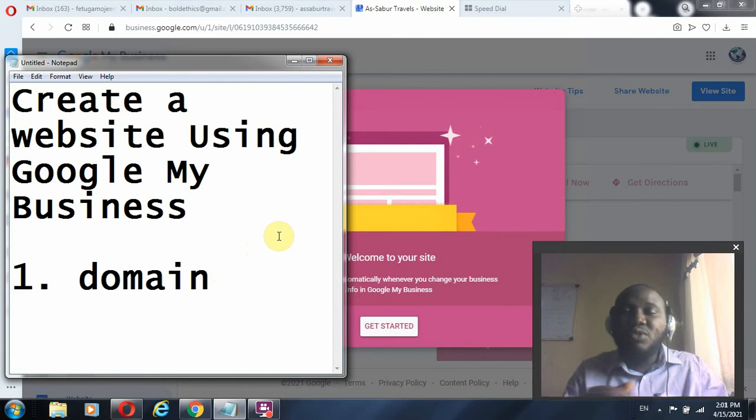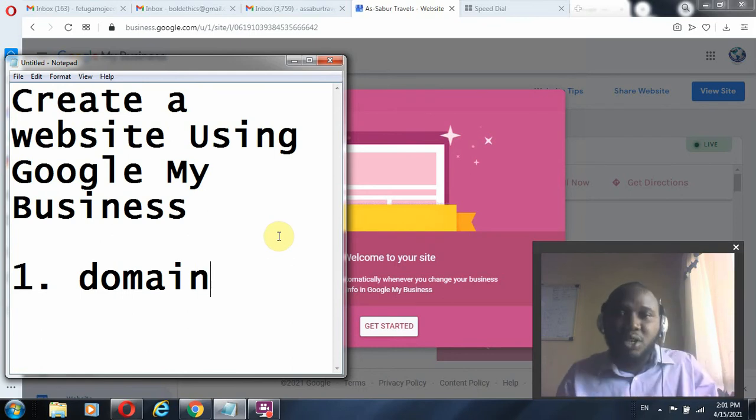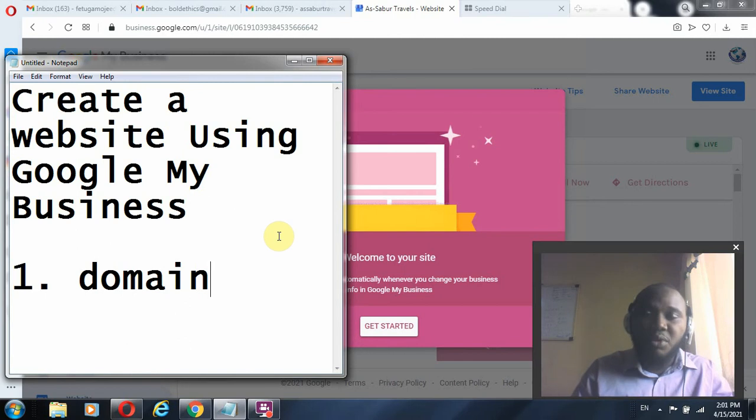In this case, even if you don't have a domain name, you can make use of the free second level domain that Google My Business even offers. So even if you don't have a domain name, you can set up your website using what Google My Business offers. And the second thing is hosting,